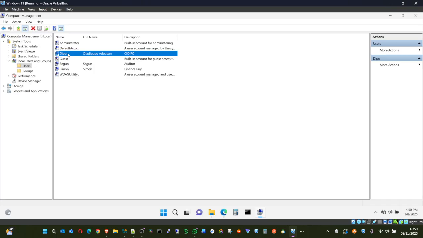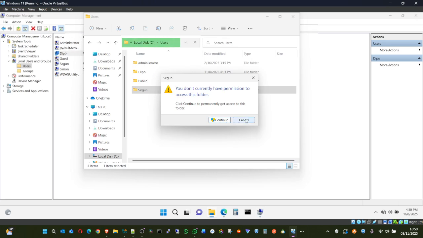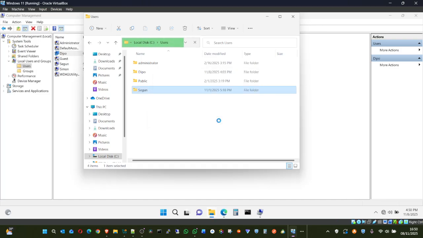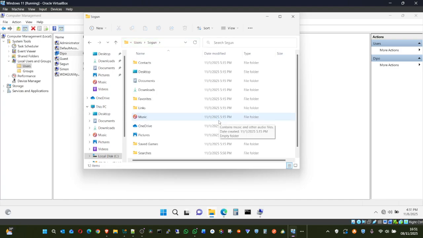But at the same time, being a CIO does not mean that a CIO will have admin access. In fact, a CIO shouldn't have admin access except for a specific privilege on request, to reduce attack surface. So, because Deepo is admin, if I click right here, now I can continue. It may take some time because right now it's reading through all the files of this user. Somebody who has admin access can read any document anybody has on their system. Mind you, this is a local admin. A local admin has access to every detail of this user on this computer.